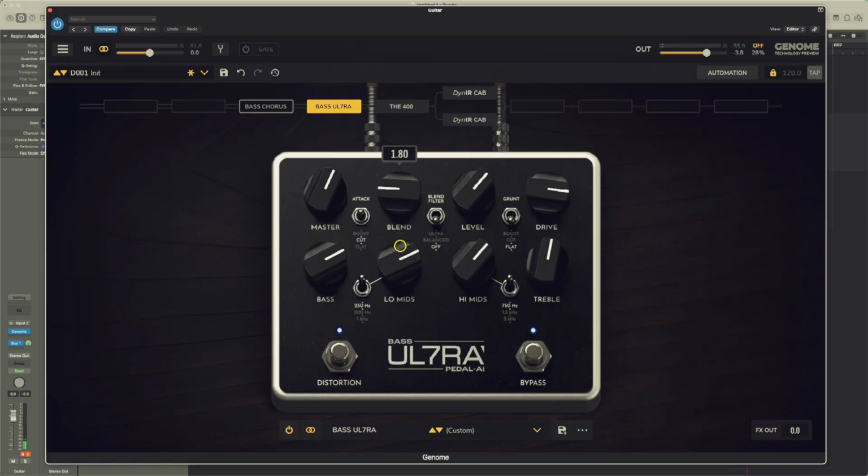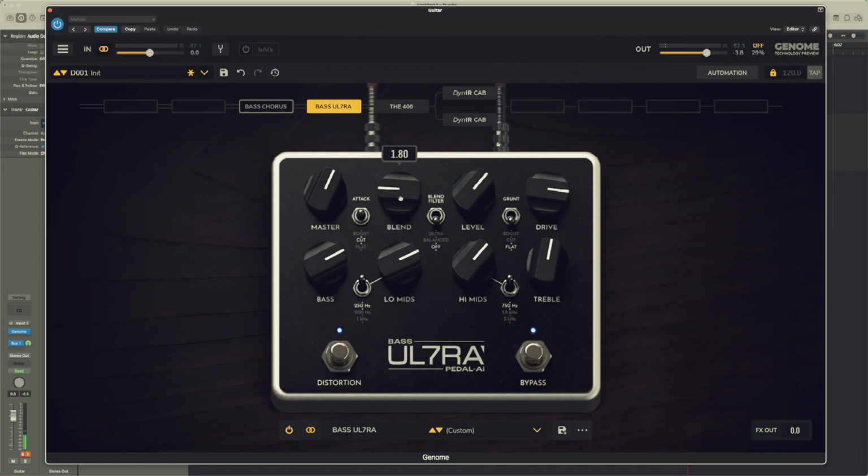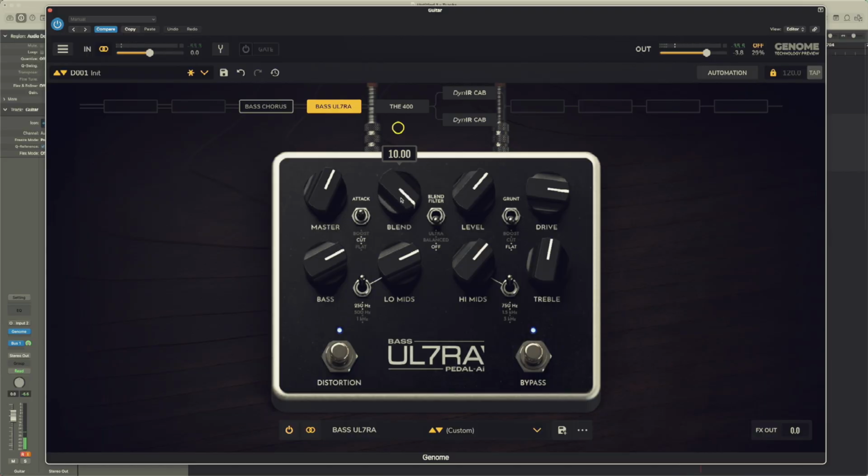If you go the other way, you just have a little bit of distortion, mostly, well, you're still hearing all the EQ, but mostly the non-distorted sound. I think that actually sounds pretty good. Maybe let's go a bit. That direct attack without the drive, and then just a little bit of drive sitting on top of it. If you want full drive,